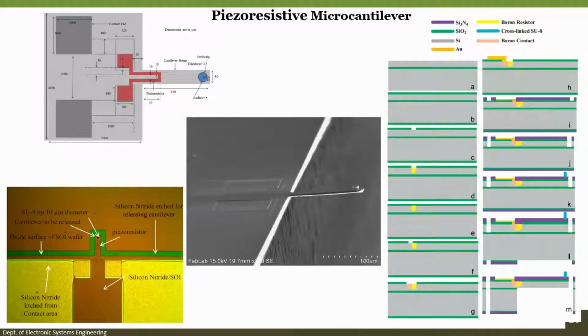Let us take another example. We can also fabricate a piezoresistive micro cantilever. What is a micro cantilever? Let us see, if you see a swimming pool and the diving board of the swimming pool, if a diver dives from the diving board, what will happen? This will vibrate. It is held at one end and open at the other end, and that is why it will vibrate. This is your cantilever. If you take a ruler and hold it on one side, like this, and you press it here, that will be vibrating. So, this becomes a cantilever.